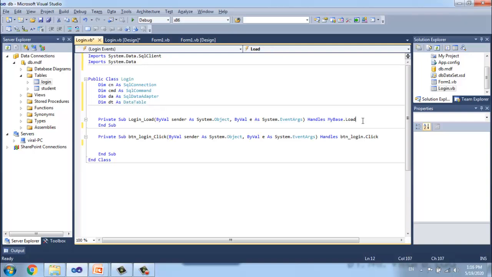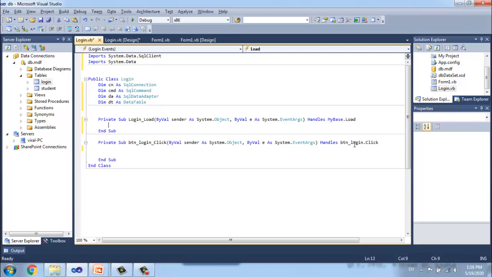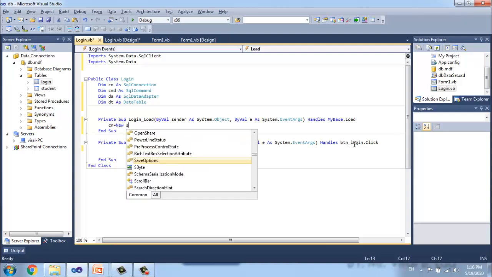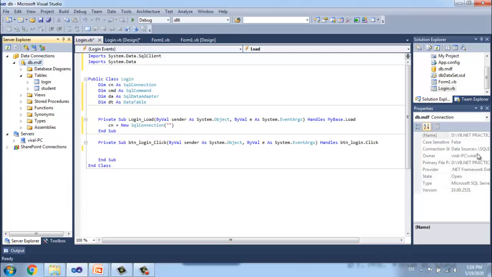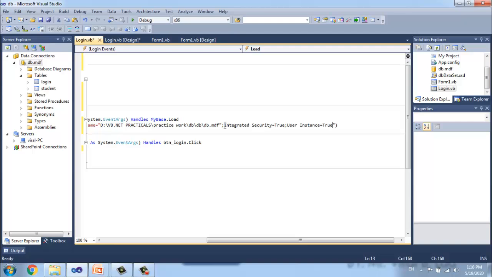That's why we have declared the dt object. Our first step is to create a connection. So we initialize the connection: cn equal to new SqlConnection. Simply paste our connection string. We already know how to paste. Click on database, in property you can see the connection string, paste it over here, and remove double quotes.